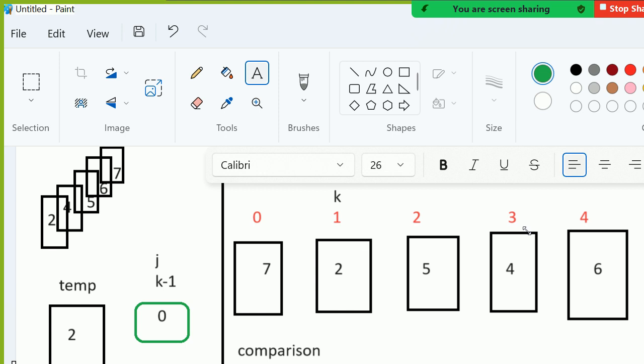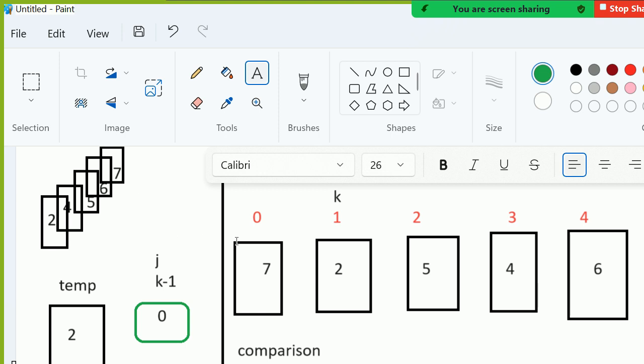Whatever was at the ARR of j index, that card has gone to ARR of j plus 1. We are now shifting towards the right. So where has that card gone to? The card which was at ARR of j has gone to j plus 1, means the card at 0 index has gone to 1 index,